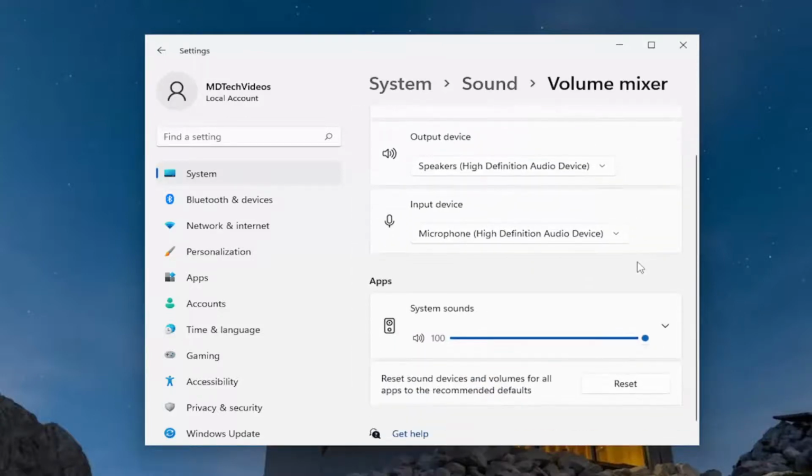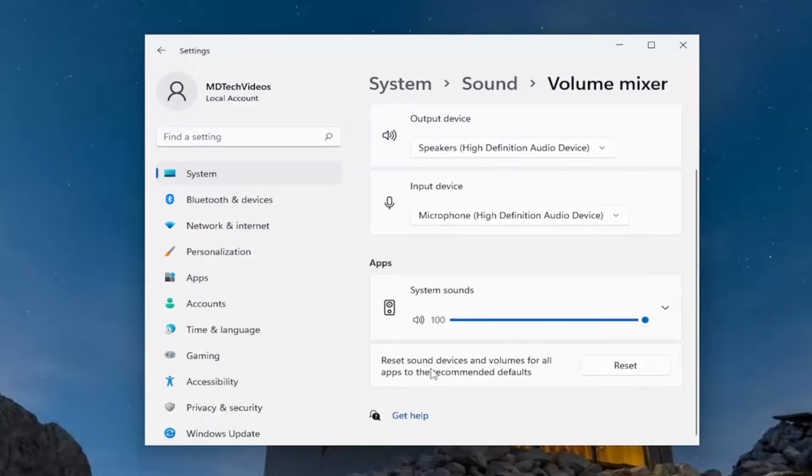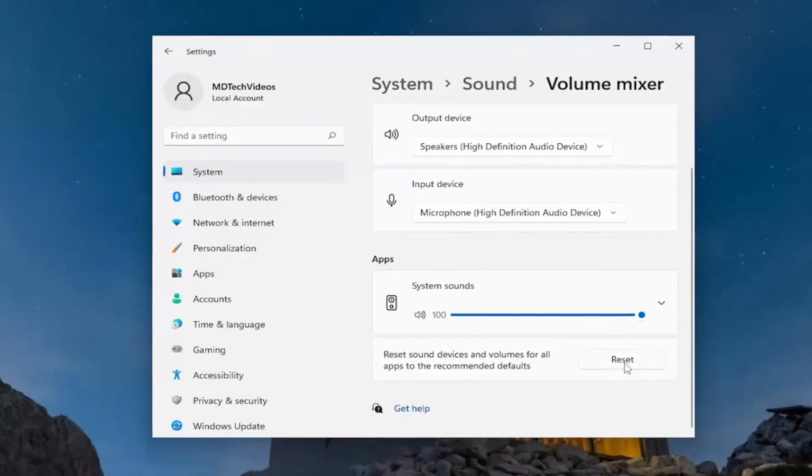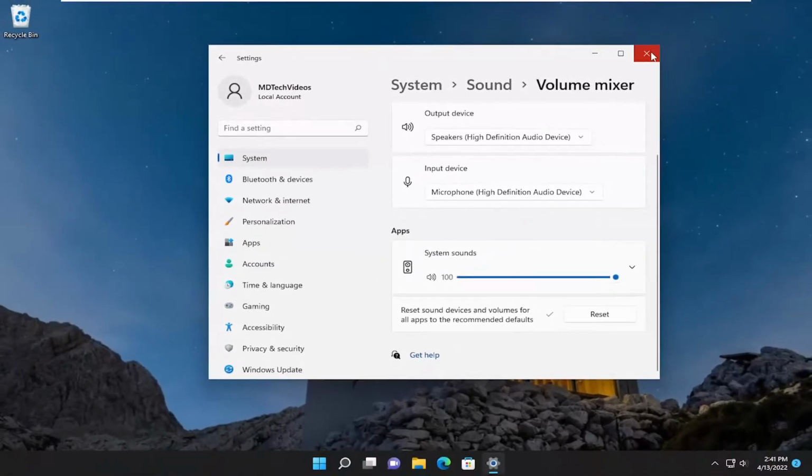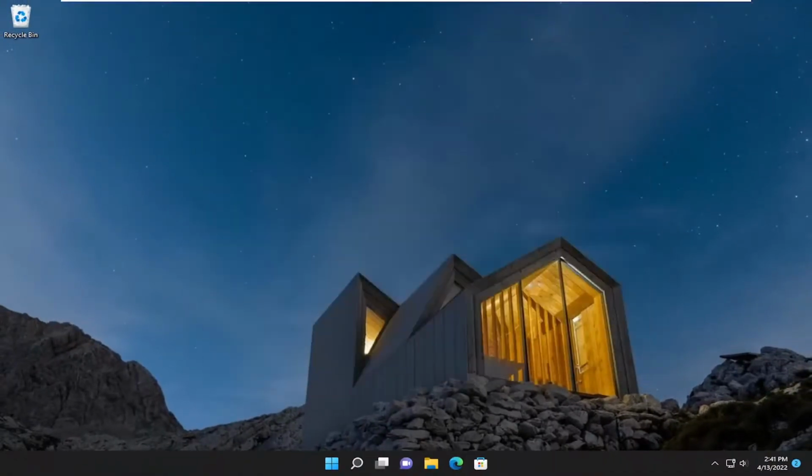And now you want to go and select the reset sound devices and volumes for all apps to the recommended defaults. Select reset. And then once it's done, you should be good to go. So pretty straightforward process here,